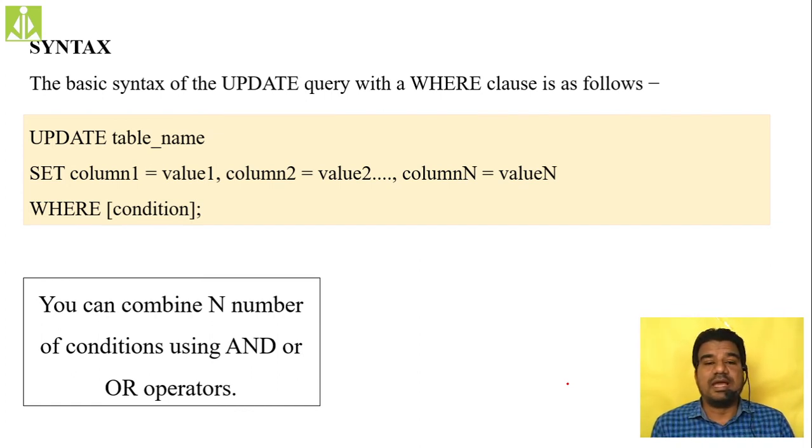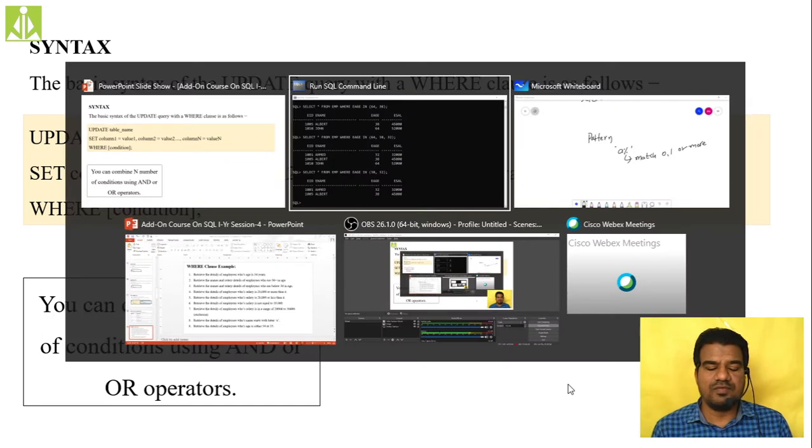Inside that where clause, when we are writing a single condition, you have the flexibility of entering more than one condition, by using AND and OR operators. So quickly: update table name, set the fields to be modified, where condition, to select the suitable rows. Okay, so we'll do it in this way.